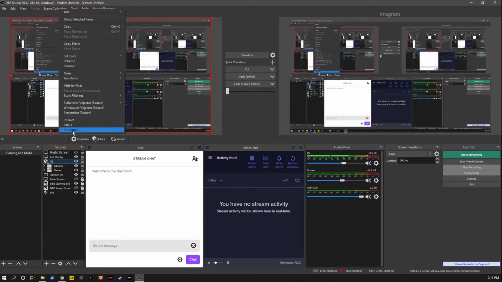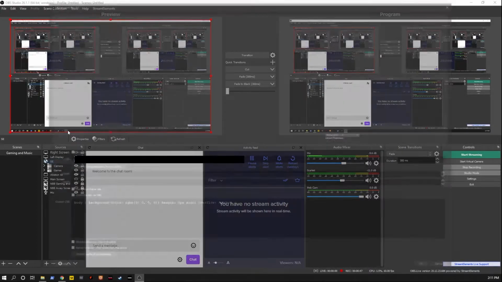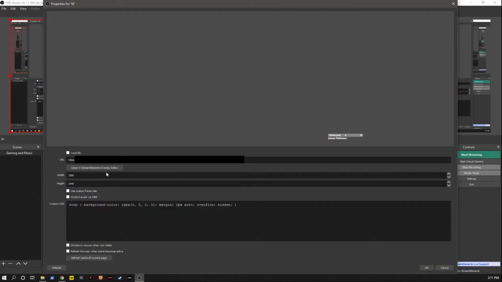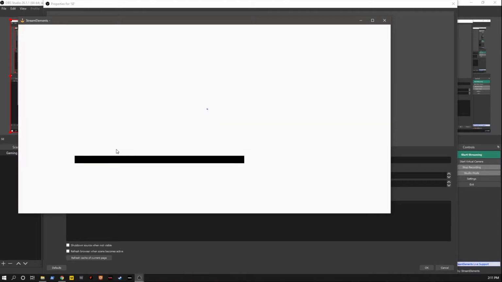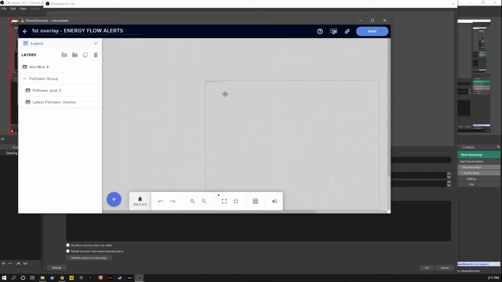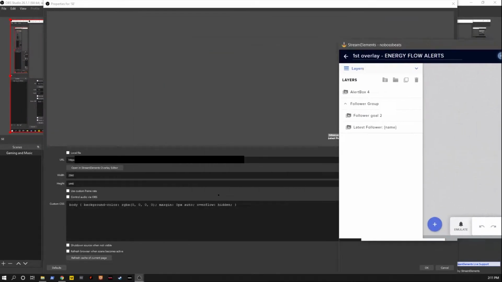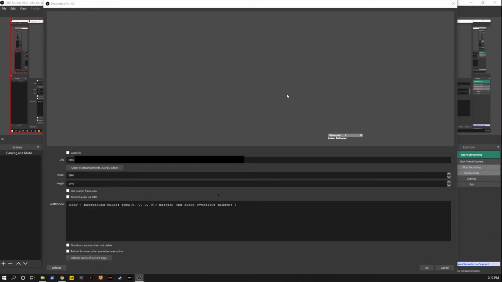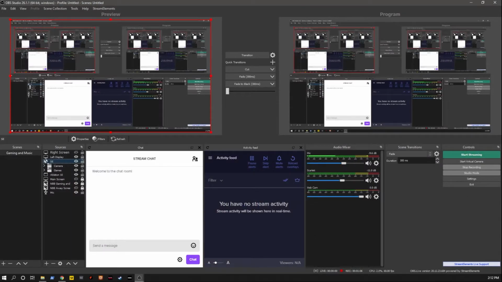So I went to StreamElements, which is SE for short, right here. I went to Properties. I opened up the StreamElements overlay editor inside of OBS by clicking this button right here. After I click that button, I'm going to show you what happens. So I click that button